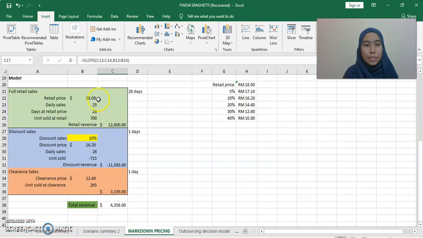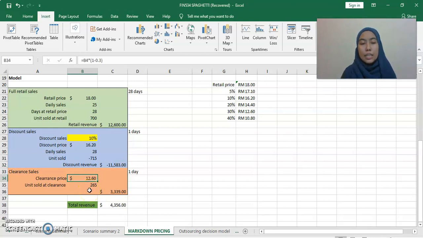I choose the retail price 80 ringgit, and the daily sales and the price at retail, unit sold 12,600, which is good. And the discount sales, the unit sold is negative 715 from the minimum, and the revenue is negative. That is not good for my business. And the clearance sale 30%. This is the price for 30%, and the unit sold for this is 265 units, and I will get the revenue